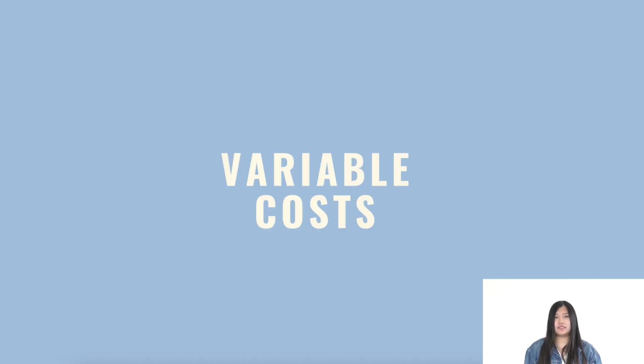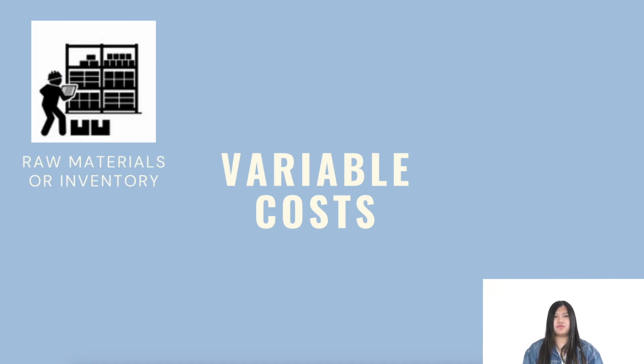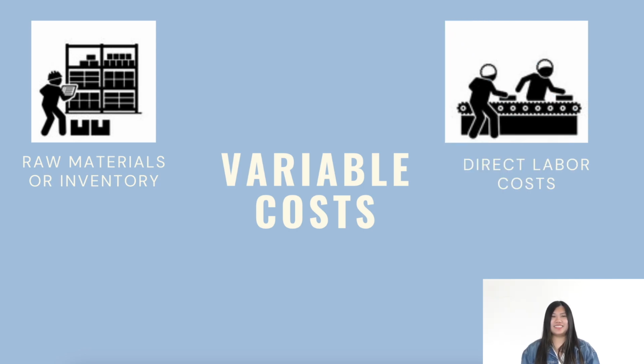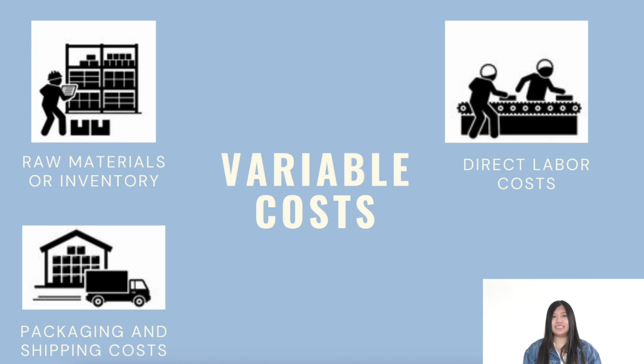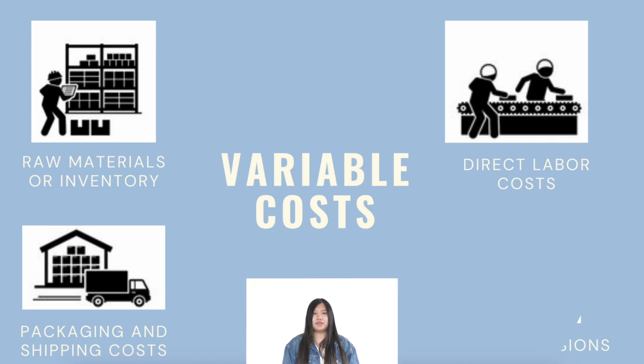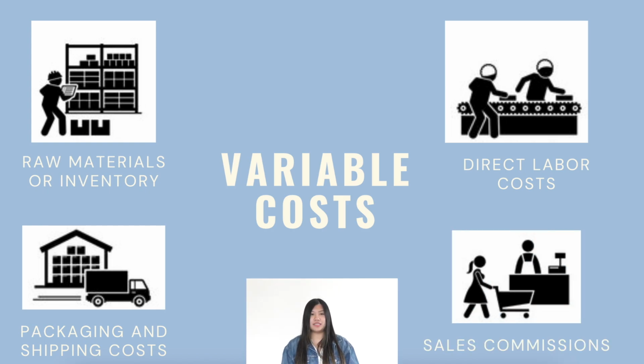Now, in the next slide, as examples I put up, one is raw material or inventory, which varies based on production levels and market prices. Next is direct labor costs, which are based on production levels, increasing with higher production volumes and decreasing during slowdowns. Another is packaging and shipping costs, influenced by the number of units shipped and shipping distance. And the last is sales commissions, which are commission expenses tied to sales performance, varying with sales